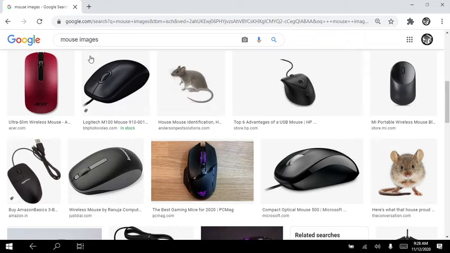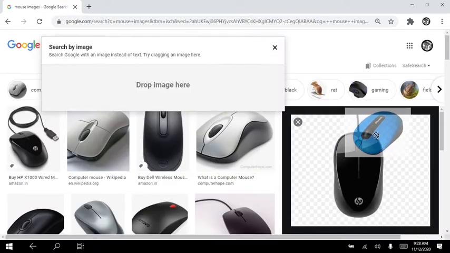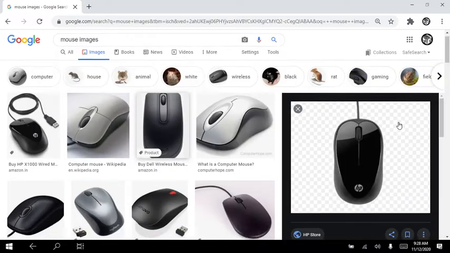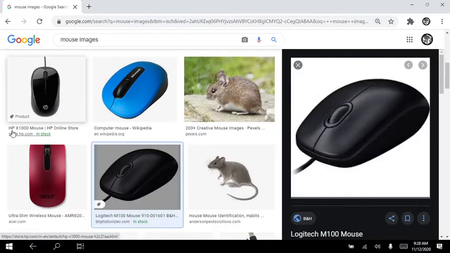A mouse has two buttons. You will have a right click, a left click and a center click, and you will have the drag and drop option. You can just hold it and drag it like this. Drag and leave it. Can you see that? Dragging the options you can do. Got it?